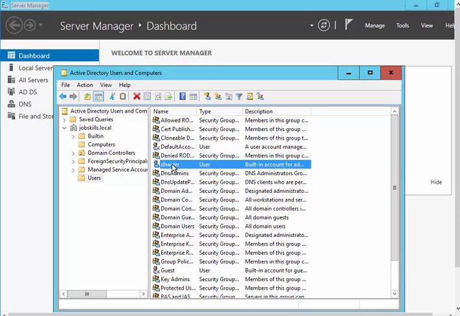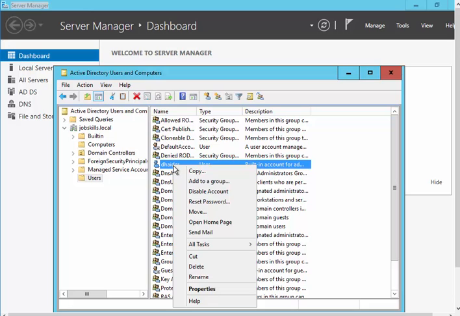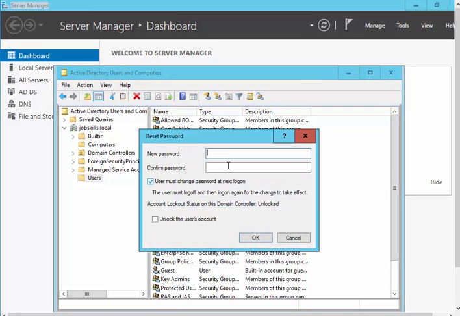Now if that person says I forgot my password, then you just right click, reset the password, give them a new temporary password, and make sure you check user must change the password. So now that's another call. Maybe they'll call back again and give you another call, like now you're using all this time. So they say, I can't remember my password. How do I reset my password? And that's how you do it.